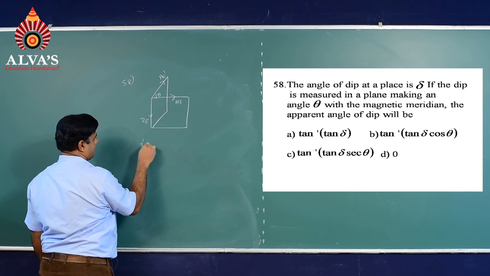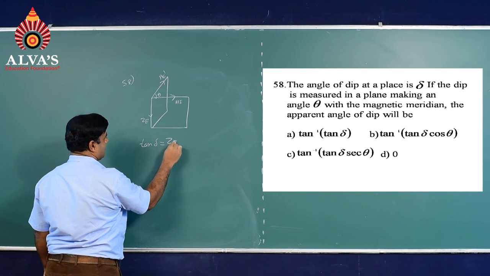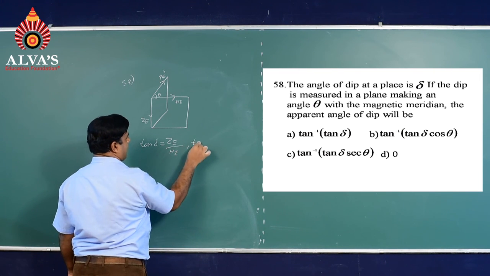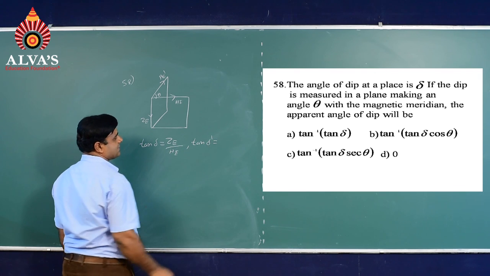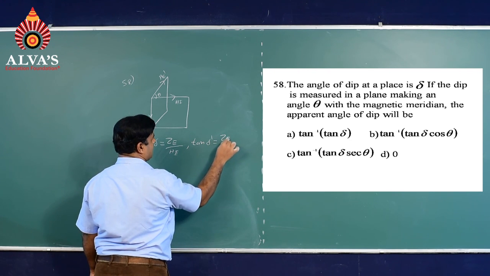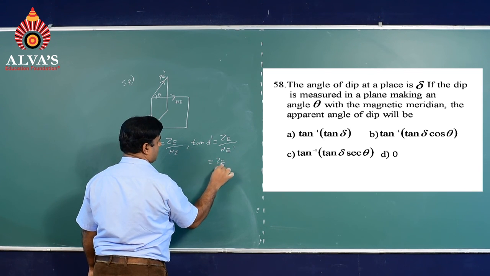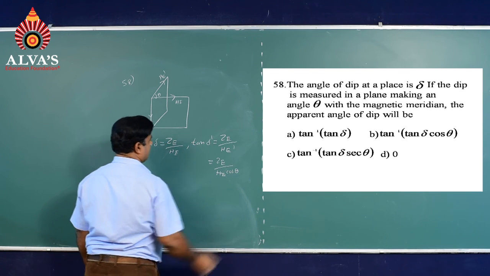Therefore, tan delta, delta is the true dip, is ZE divided by HE. Tan delta dash, the apparent dip, is ZE by HE dash, which is ZE divided by HE cos theta,